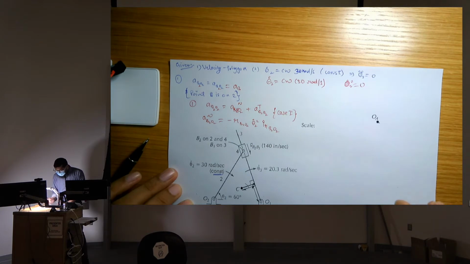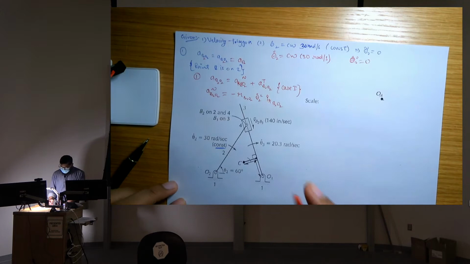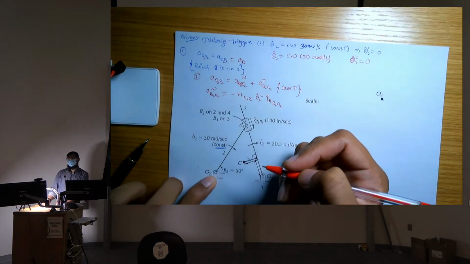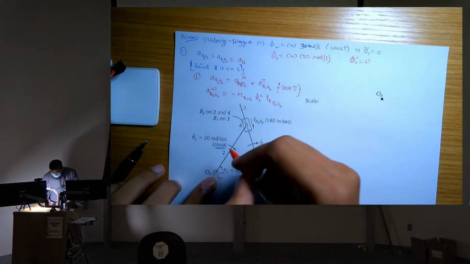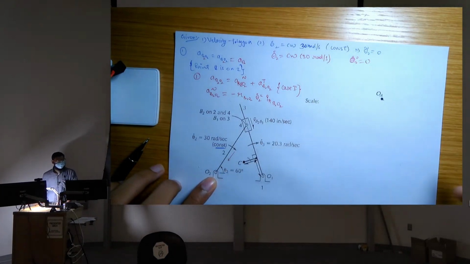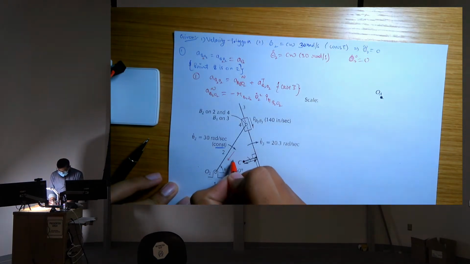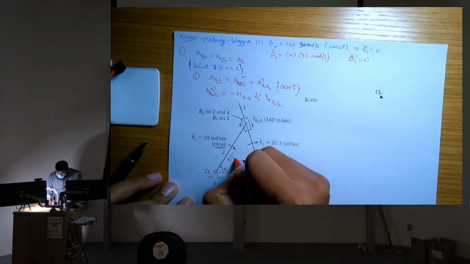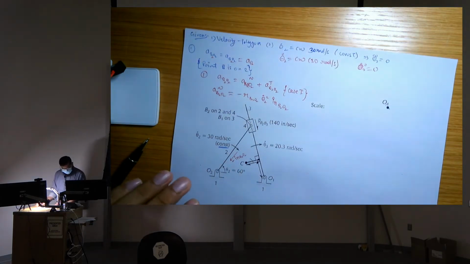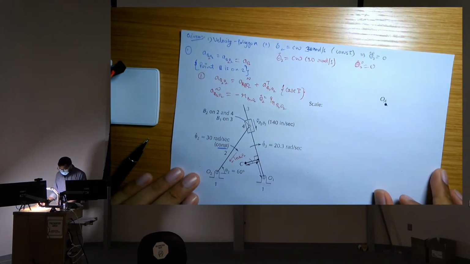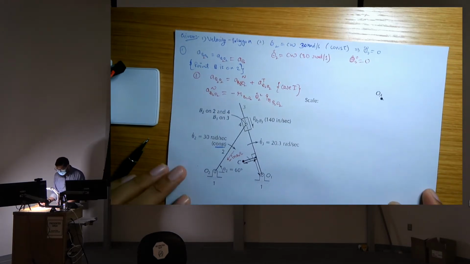So that would be along RB2O2. Since the normal component is negative, in the mechanism, if this is your link, where should I put the direction? Towards the O2, right? I'm just marking it roughly, just for understanding where the direction is. So I've taken this direction as minus RB2O2. Let's see if we have a value, because we need some magnitude to place this on the acceleration polygon.